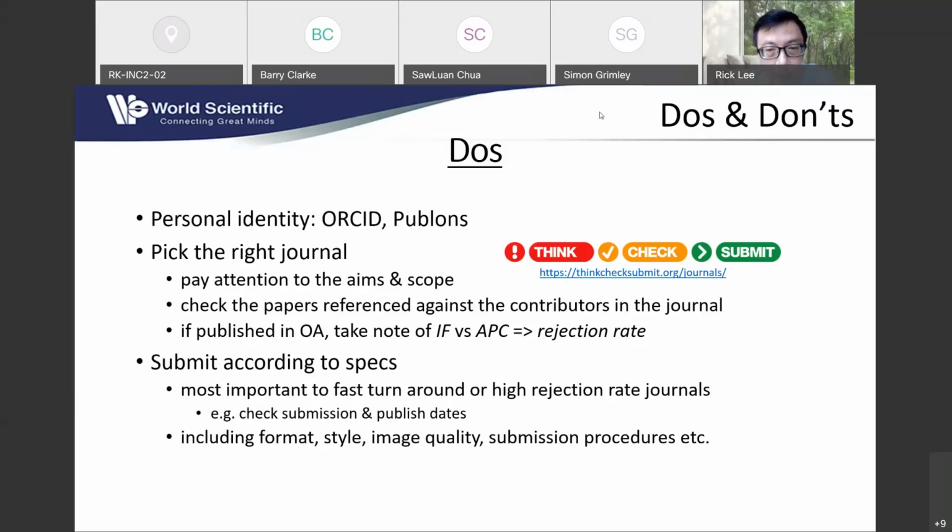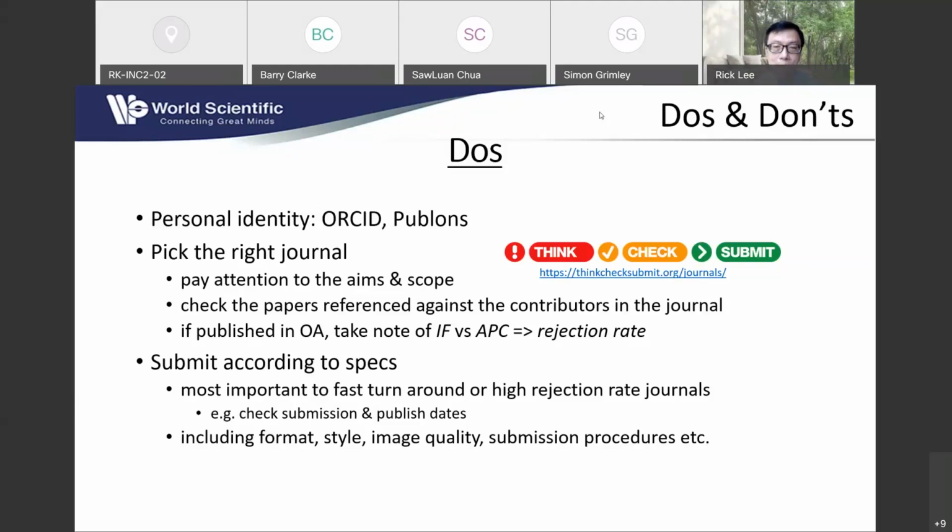register in Publons. Now, just now Barry also mentioned about how to pick the right journals. Yeah, he also talked about Think, Check, and Submit. Actually, this is very simple to follow. They have a whole checklist for you to look up, how to identify a legitimate publisher and journals, and what are the things that you should watch out for. So it is one of the first things you should take a look at. What he mentioned about the manuscript is very, very true. A lot of times we reject articles just using the words out of scope. Because when the person submits the article, they didn't pay enough attention to the manuscript, and they submit to the wrong